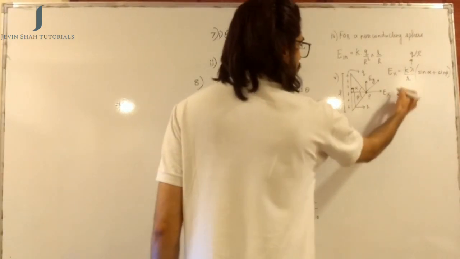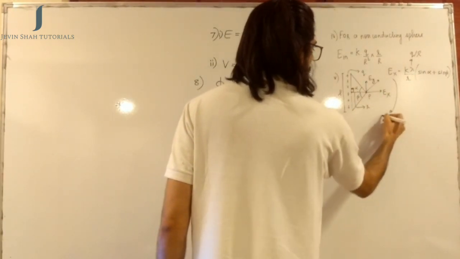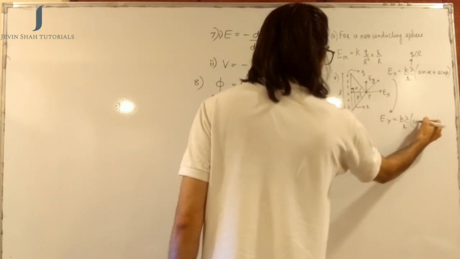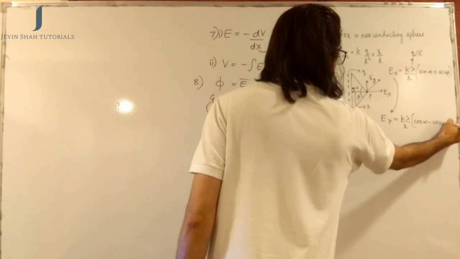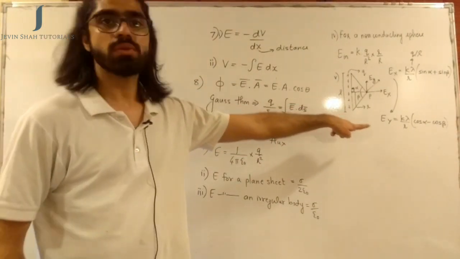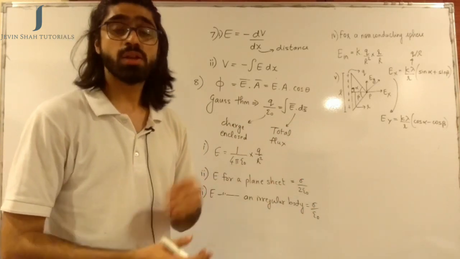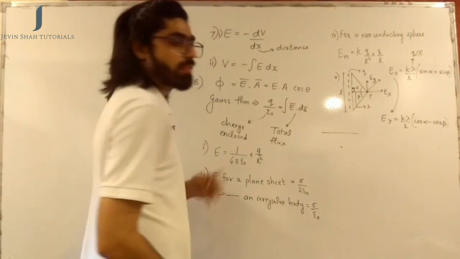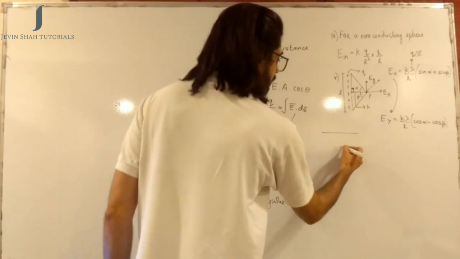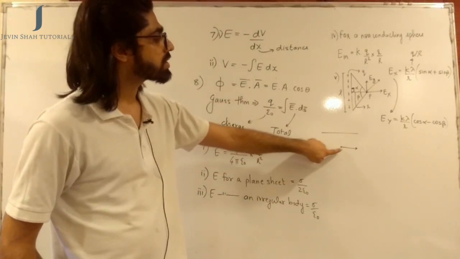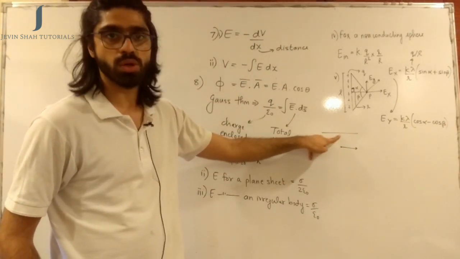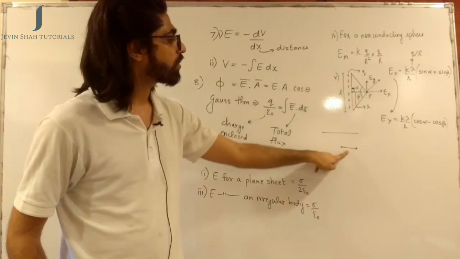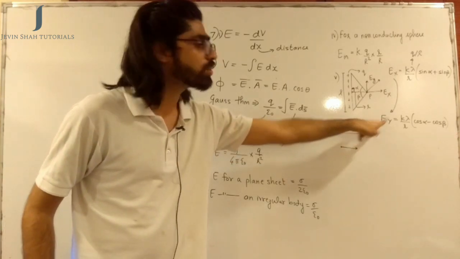If you want to find the component Ey, it will be written in a similar way. So k lambda by r, just that the term inside will be cos alpha minus cos beta. These are formulae you need to remember. Now, in your exams, the question might come like this. They might give you a wire here, and at this point they might expect you to compute the electric field intensity in this direction. This direction is parallel to the rod, and Ey was the one which was parallel to the rod. So for finding this component of electric field, you will use the Ey formula.